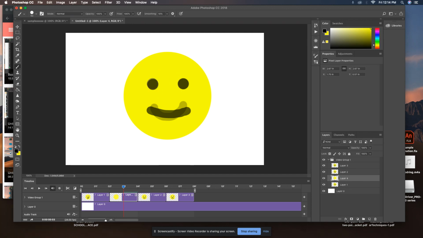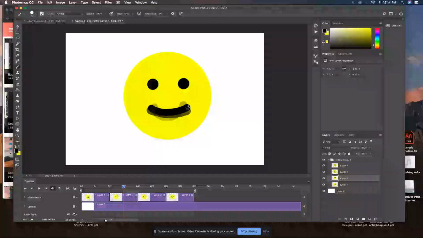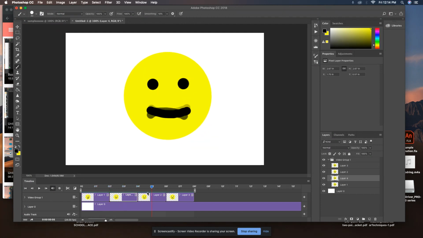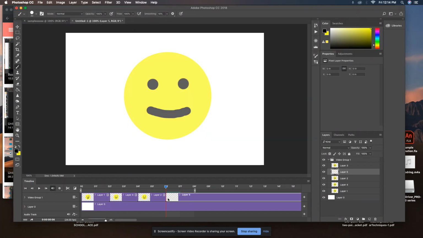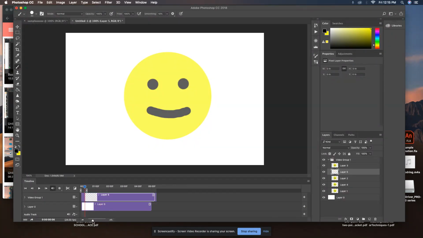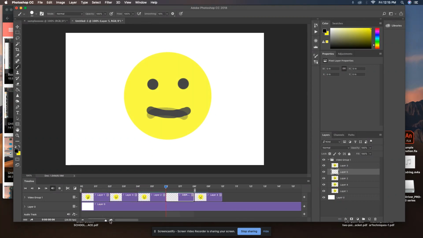So it's really just paying attention to all the different layers that you have and how many frames you need. And again, like we mentioned a couple times, the more animations you have, the more frames, the smoother the animation will be. So now I'll go from that to that. And then maybe in between layer 2 and 3, I'll add another transition layer in between just to help make it a bit smoother of an animation. Okay, so then again,